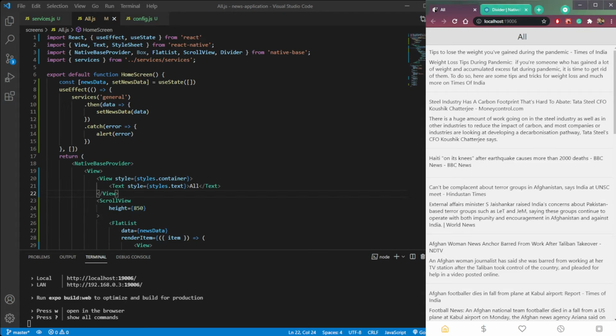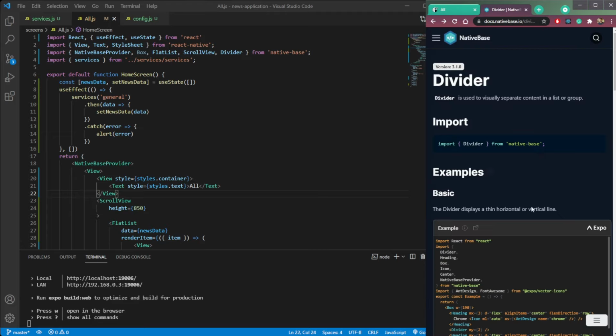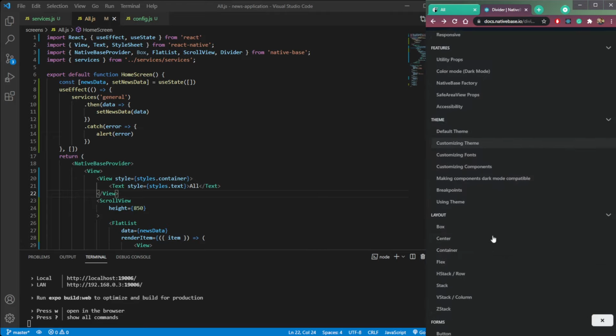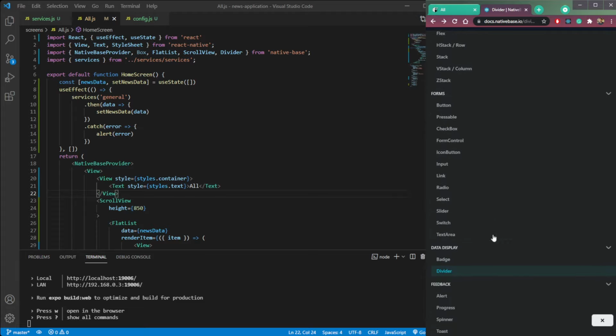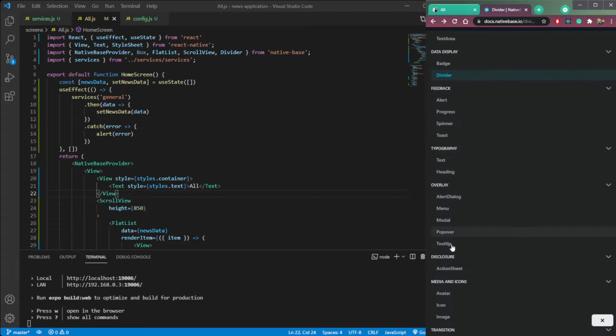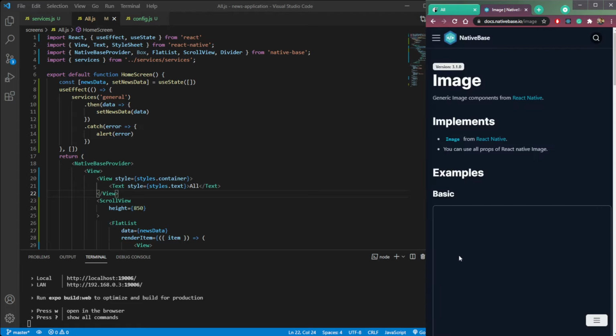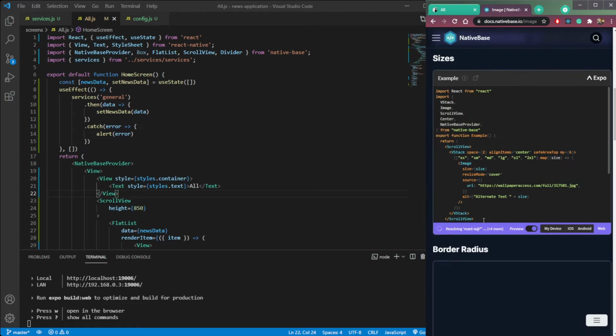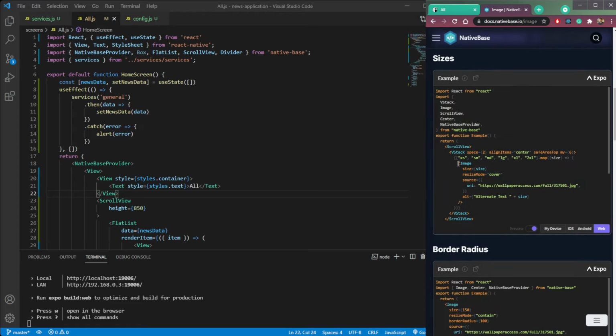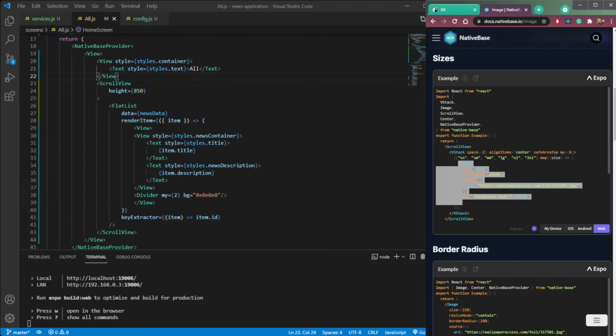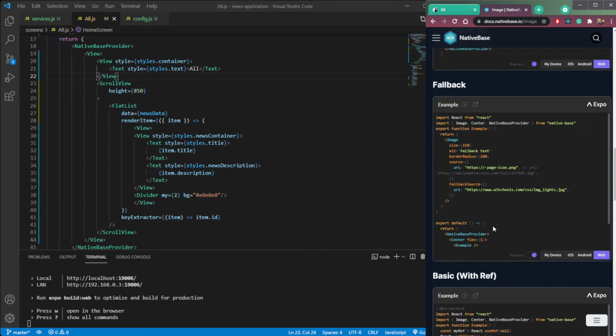This news API contains the images also of the news. So let's import the news image here. From this native base, we need to import image. So you click image here, then go down, and we are going to use this image tag here. So copy it, or let's check for more.